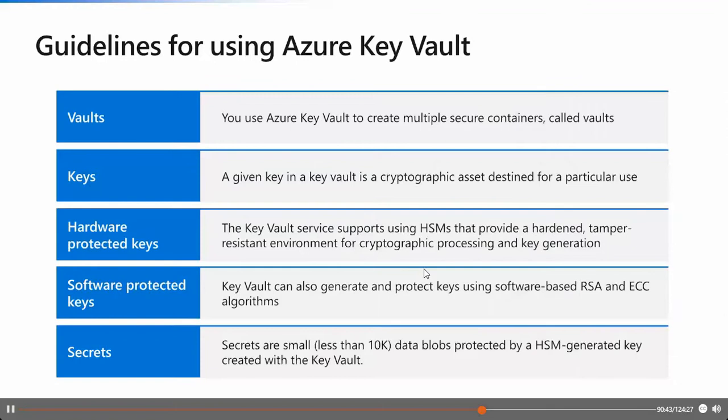So, guidelines for using the Key Vault. First of all, we need to create a vault. And a vault is what we call a container where we're going to store our keys or secrets, etc. Vaults will help you to reduce the chances of an accidental loss of security information because you centralize the application secret storage. You can have multiple vaults, and it's even recommended for you to have a vault per environment